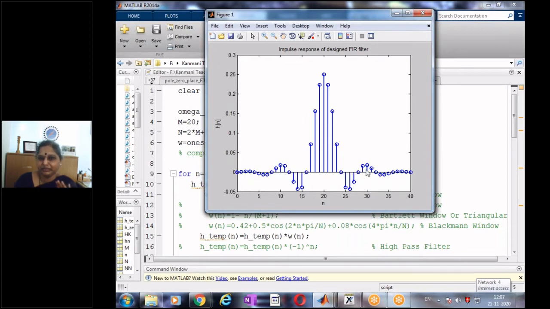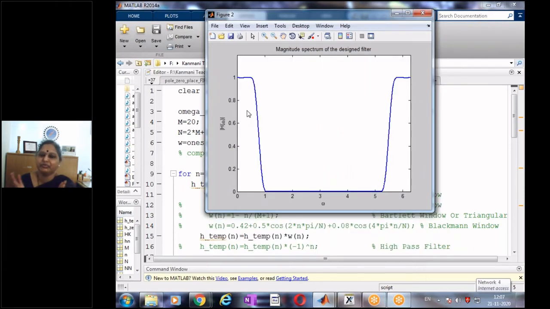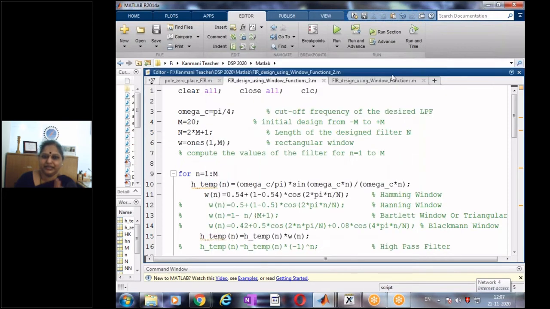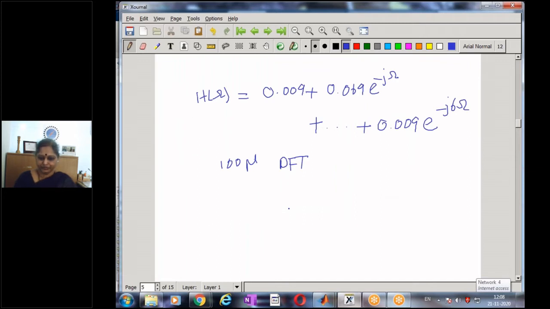And when I multiply, this is my impulse response of length 41 that goes from 0 to 40. This is the impulse response, which is again always symmetric. An FIR filter has an even symmetry in the coefficients h[n]. And see my beautiful filter. I wanted a low pass filter with a cutoff of pi/4. The maximum value is at 1, and there are no overshoots, no undershoots. The problem that we face with the rectangular window function is solved. So this is our observation, and it's so interesting. By just multiplying by a simple window function, we are able to get the desired frequency response.